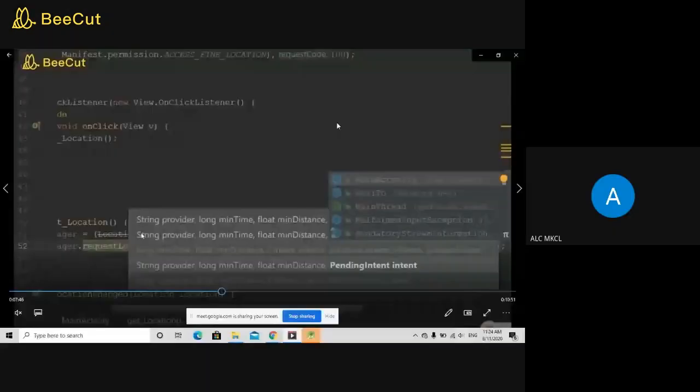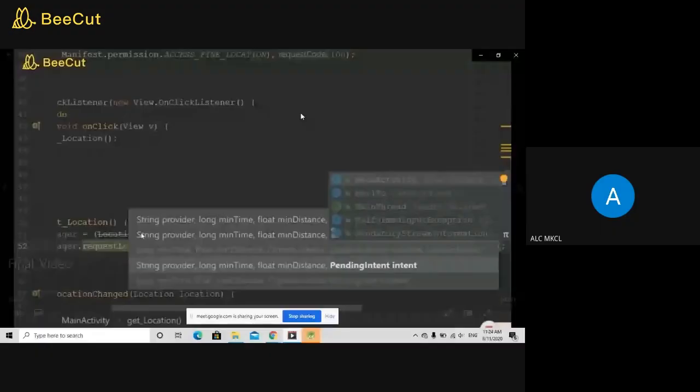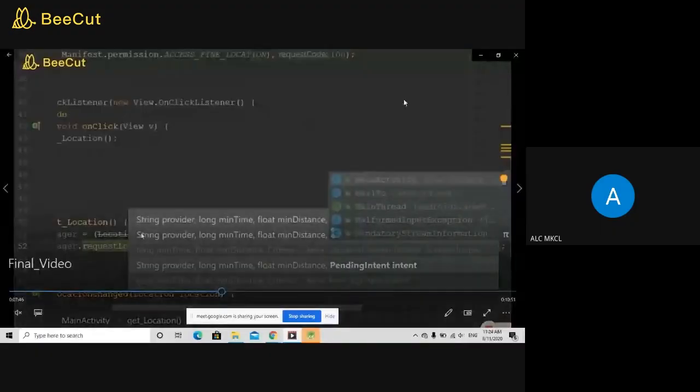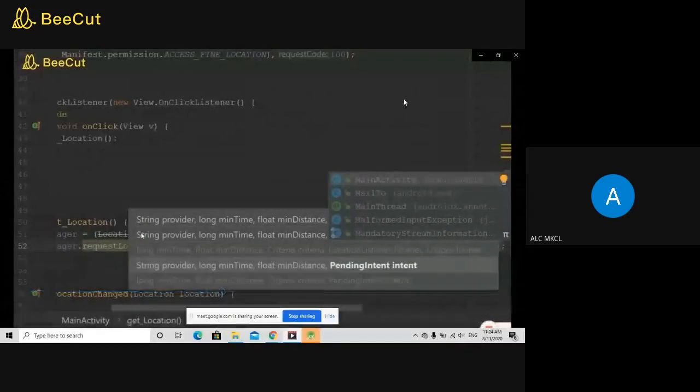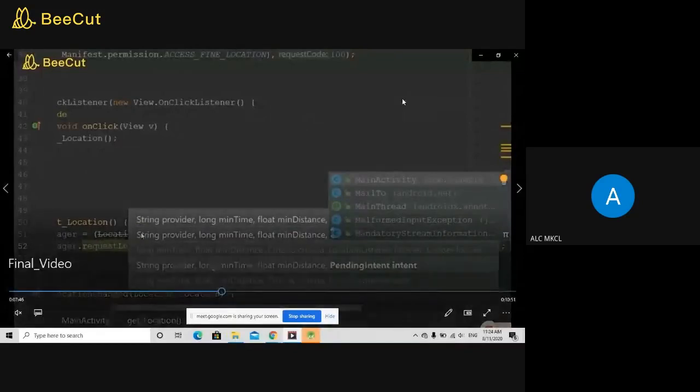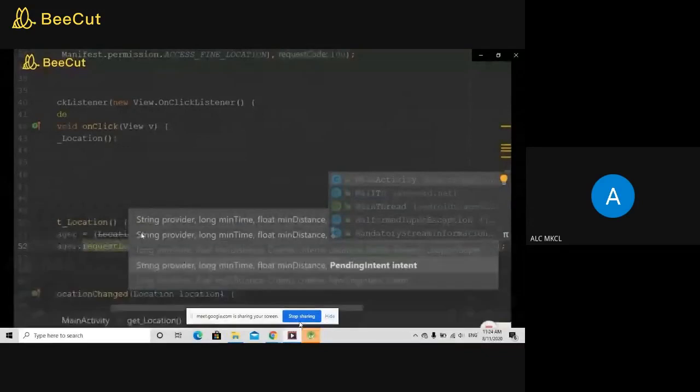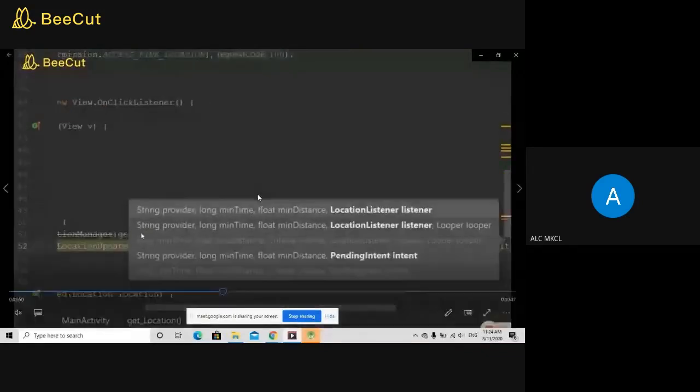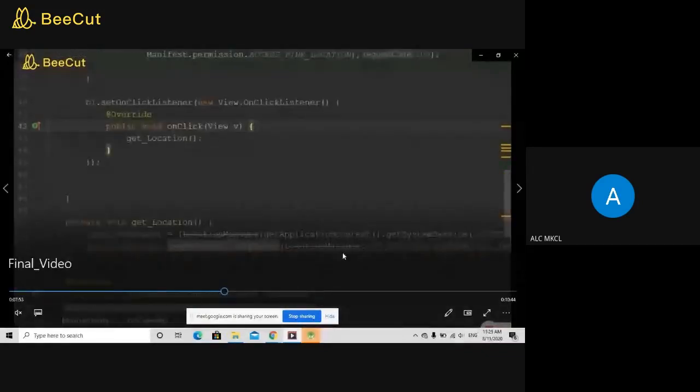Therefore you need to set the minimum time, and you need to set the minimum distance. Here I am setting the minimum distance of 50 meters. So after every 50 meters, it is going to update, and after every 5 minutes as a 500. Okay, so after 5, the location is going to get updated.